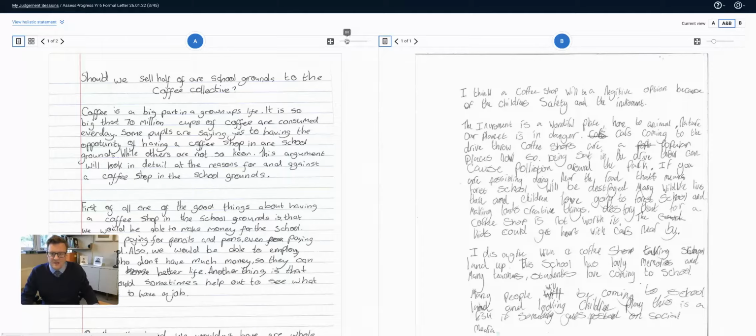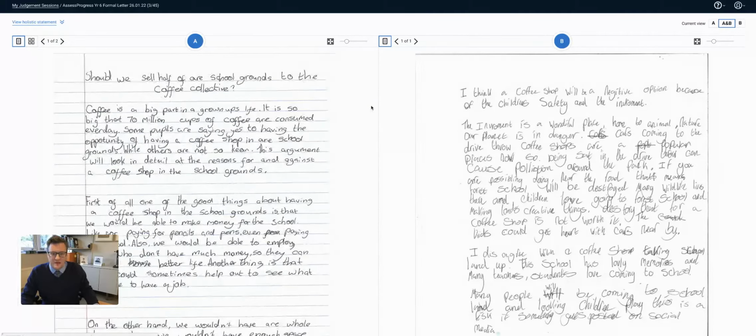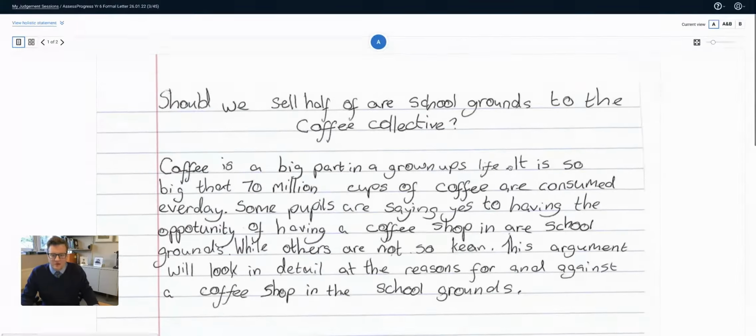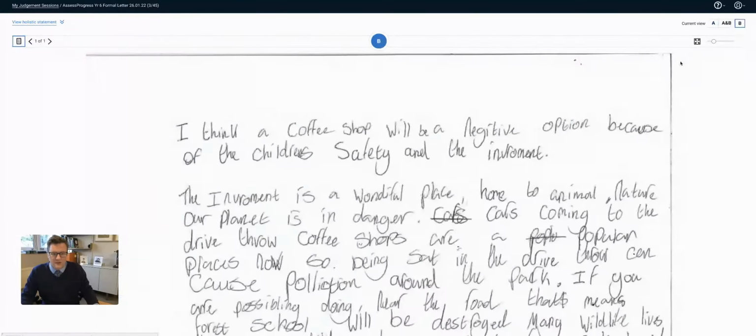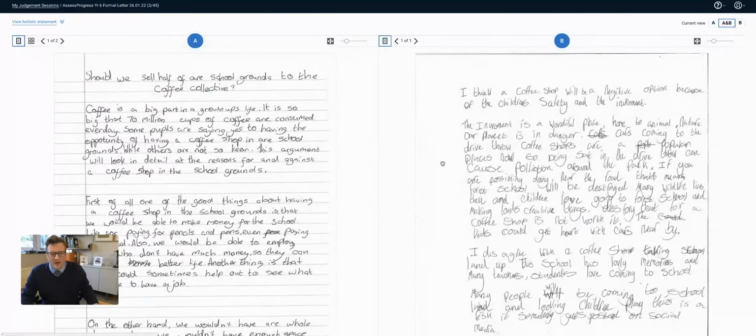I can increase the size of the page, so there's a better idea of what that says, and I can bring it back down to normal size, and I can do the same on this side. I can also use this bit up here to move to the side by side view. I can just click on A on its own, read through A. It particularly works if you're working on a laptop. Alternatively, just press B, and then as an end view, I might look at both together.